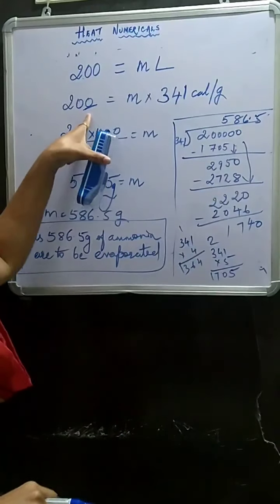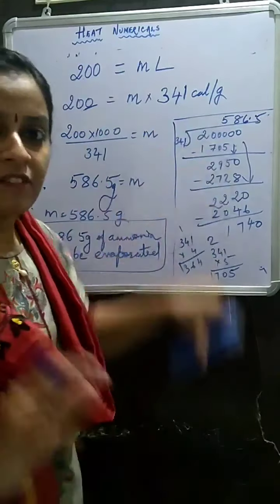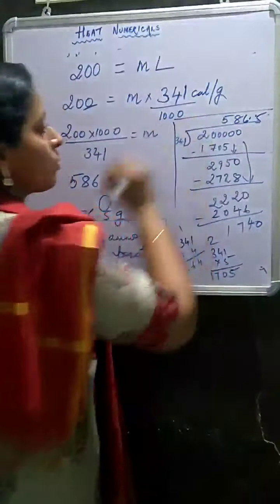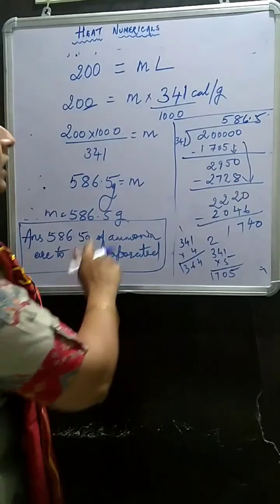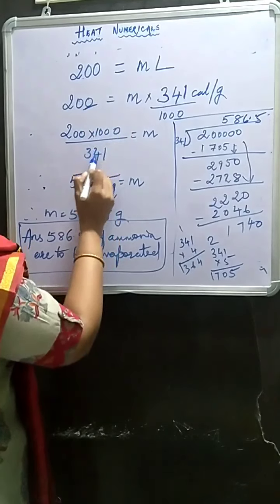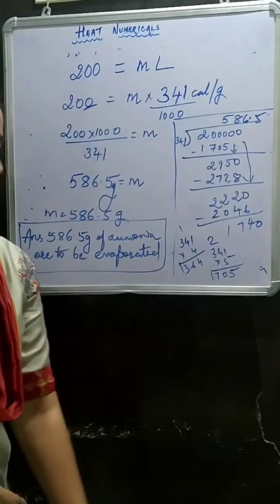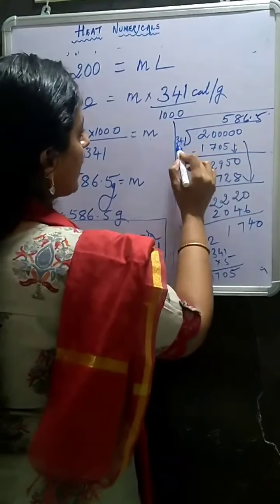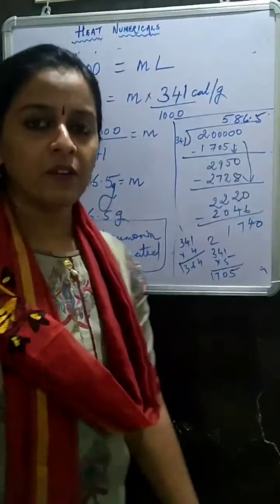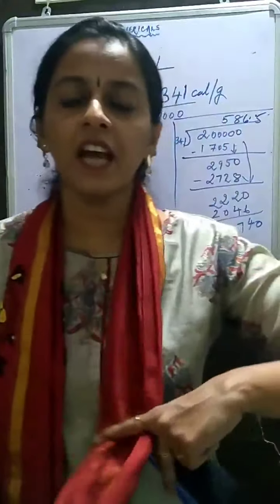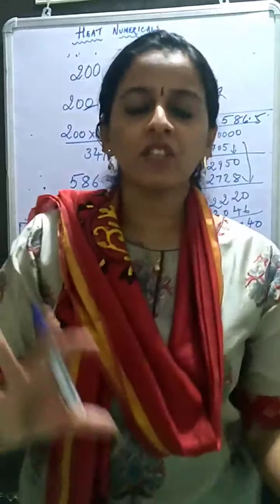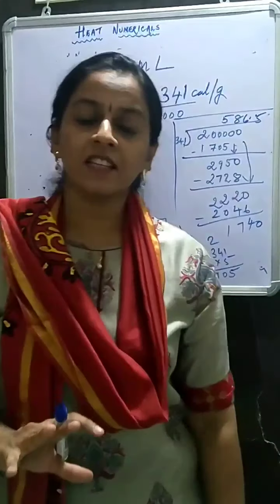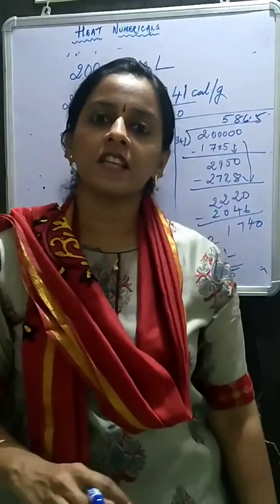But heat we got in kilocalorie, so this calorie we will convert into kilocalorie. To convert calorie to kilocalorie, you divide by 1000. So I divided by 1000 here. In the next part, this 1000 will be carried up, upon 341 is equal to mass of ammonia. Here I did the calculation, 2 and 3, 4, 5 zeros divided by 341. Do the calculation and you get the answer. Compare it with the answer given in the textbook. So you will write this much grams of ammonia is required so that 20 degrees Celsius water will get converted into 0 degrees Celsius ice.